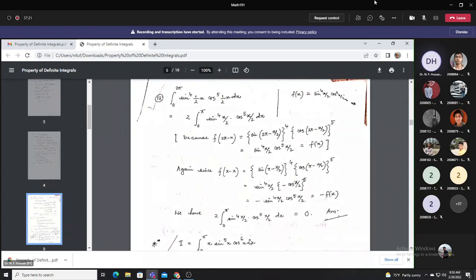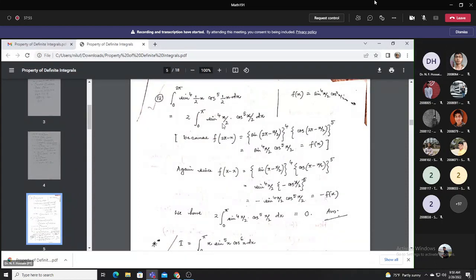Now another one here, it is integration 0 to 2 pi sine to the power 4 x by 2 cos to the power 5 x by 2 dx. So at first we can write it like this, 2 into integral 0 to pi. Why? Because it also satisfies the same property number 7. Here f of 2 pi minus x. You see the upper limit is 2 pi. So this is your 2a. f of 2a minus x equal to, you just put